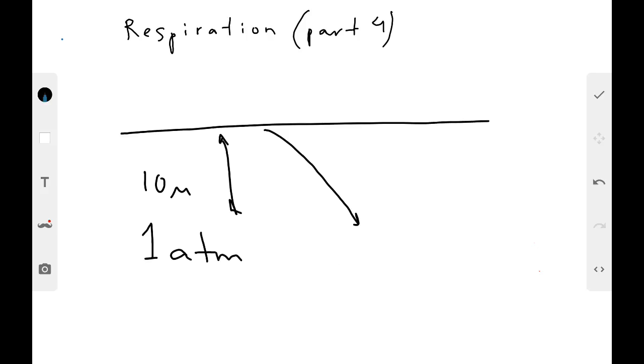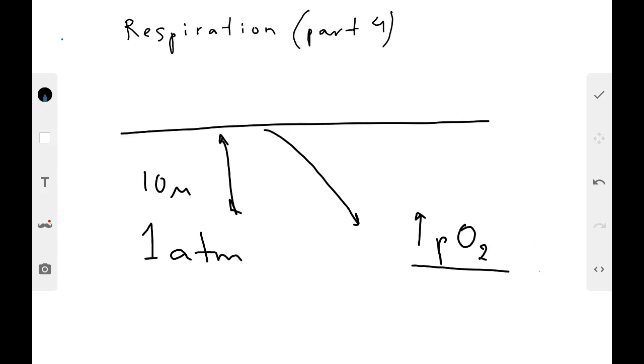So when a person dives, the pressure of air increases and respiration continues. For the scuba diver, the partial pressure of oxygen at this depth increases. The more the pressure, the more